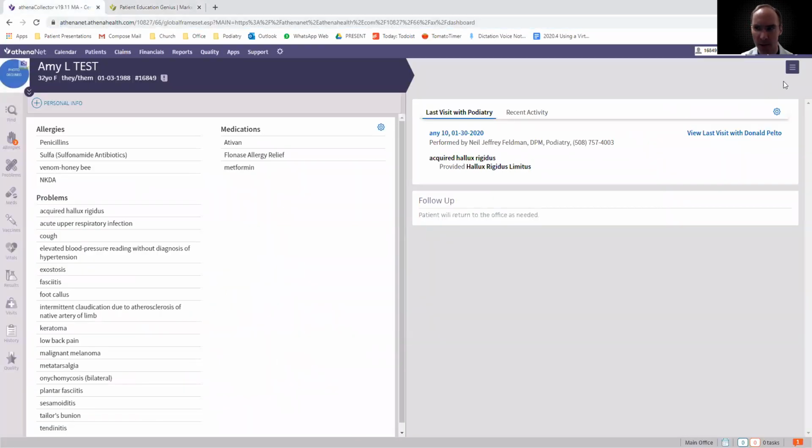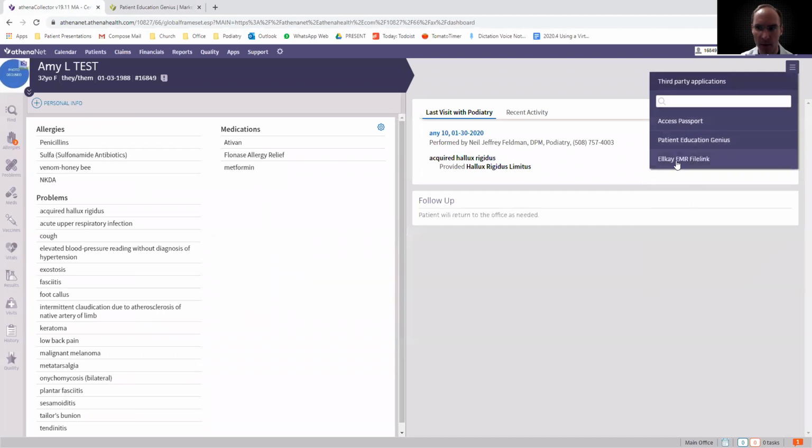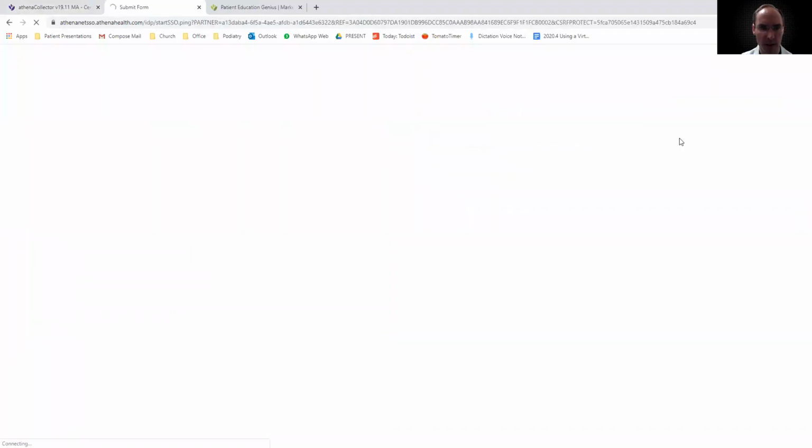This is a test patient. After I see them, I can either do this or I can even do this without seeing them. I click third-party applications, and then I have the ones that I use here, but my favorite one is Patient Education Genius. This will open up my Patient Education Genius